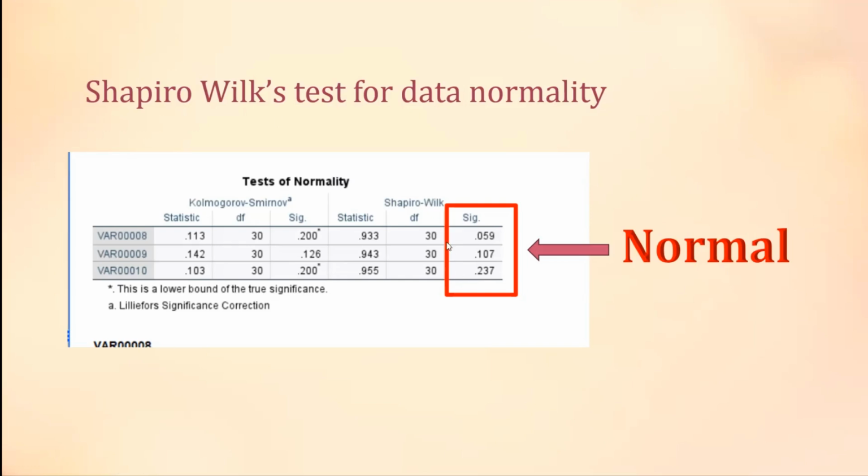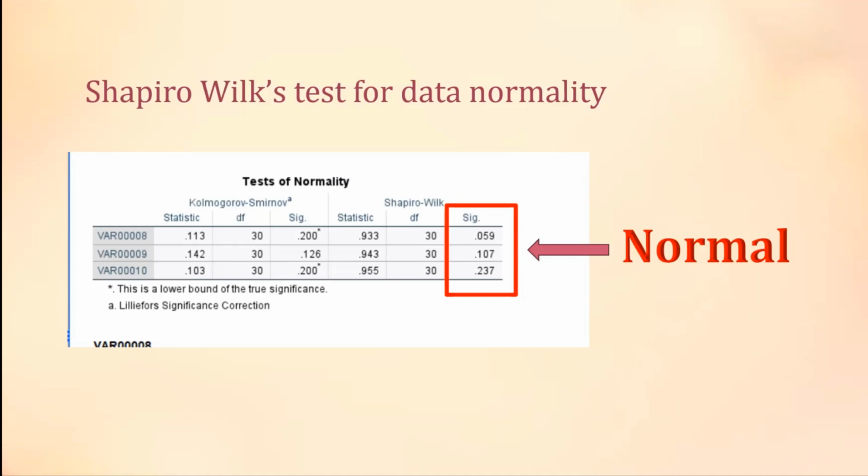However, if you're comparing two of these variables, and even one of them comes back not normal, that is p is less than 0.05, then you have to use the non-parametric alternative to that test. And I'll show you what those non-parametric alternatives are in the next slide. And as I've shown in all the previous webinars, they're very easy to do in SPSS. You just have to be able to identify whether your data sets are normal or not, and then select the